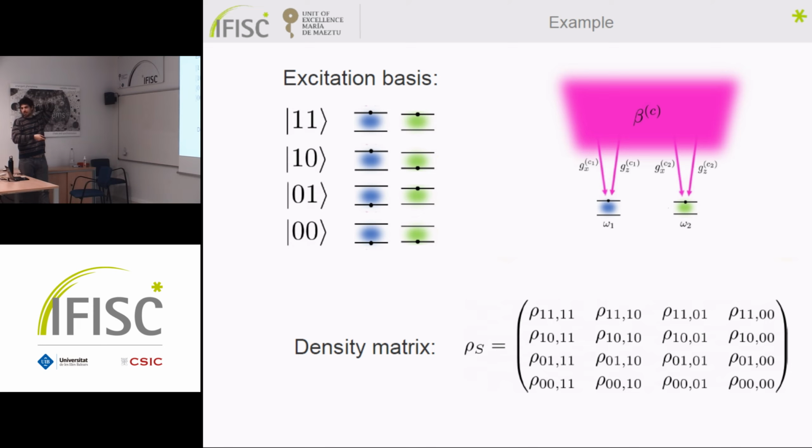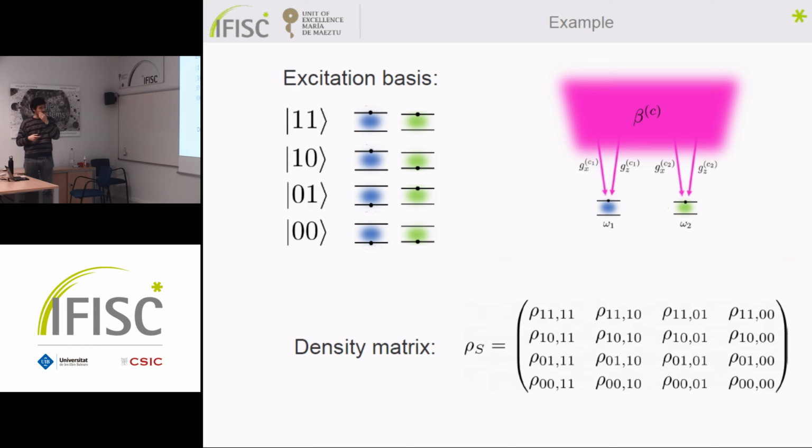So the density matrix is the object I use to describe the information I can talk about. And we write it like this. This 1,1 means that in the element of the density matrix, in the ket, we have the state 1,1, so double excitation. And this is the bra. After the comma, there is the bra. So this is ket 1,1, bra 1,0. Okay. So these are the states there in the density matrix, in the ket and the bra of the density matrix. That is what we use to describe the system.